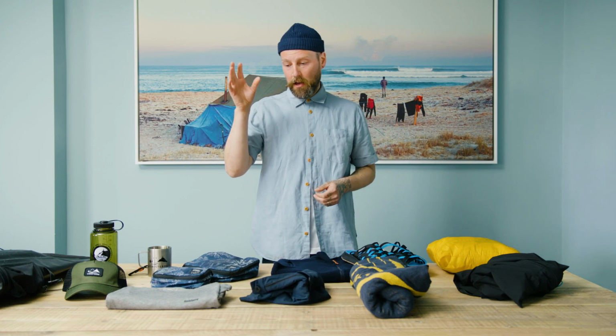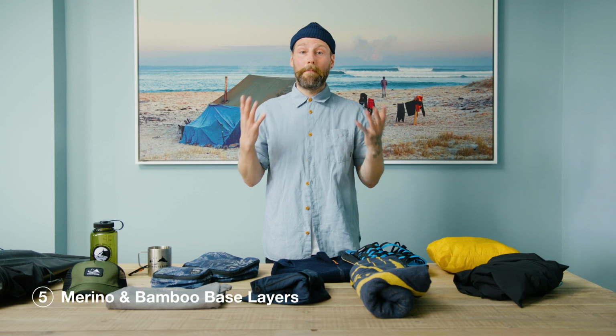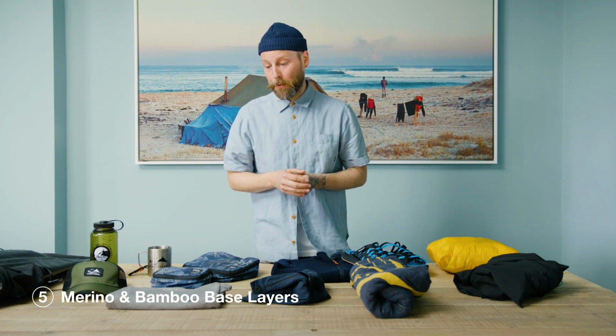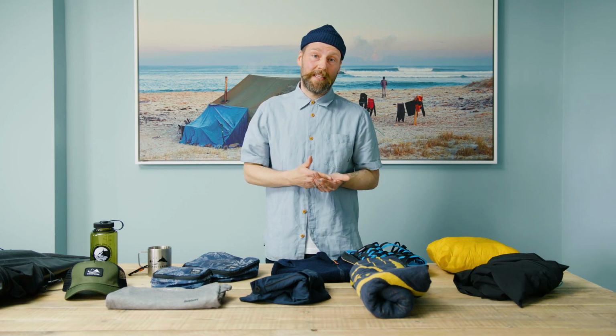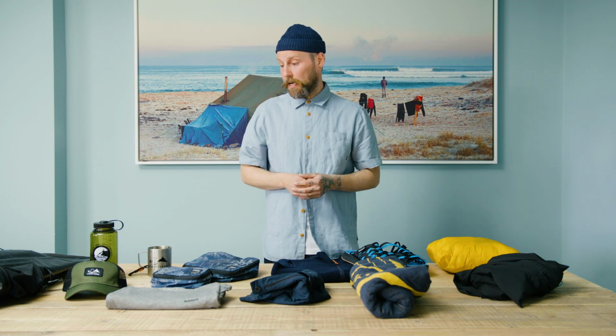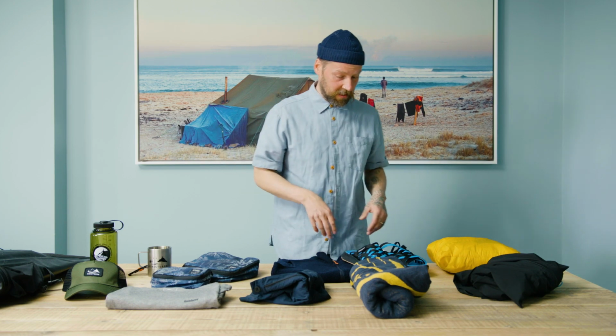On top of that, a good base layer is really great to have. If you look at the Finisterre range, we've got the Marino, we've now got bamboo. This one here is bamboo. It's incredibly warm, it's super lightweight, it's moisture wicking, it's antibacterial. So yeah, great product to have. Again, something to keep me warm,